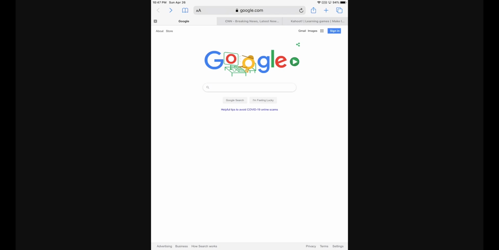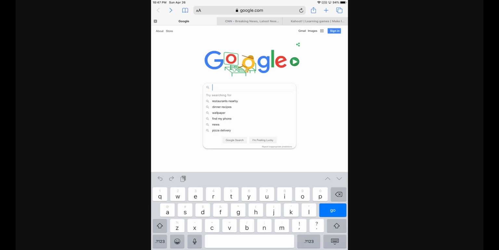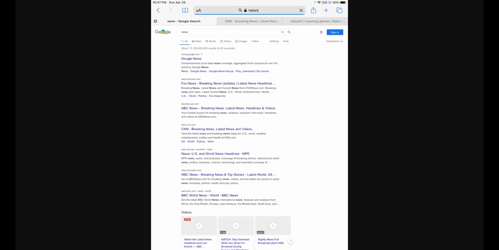One thing I wanted to show you is with Google, if your child did an inappropriate search, for example, in this particular case, I'm just going to search for something inappropriate like a drug. You can see that it actually won't let that search complete. However, if I go back to Google and I search for something else, such as pizza delivery or news, fine,